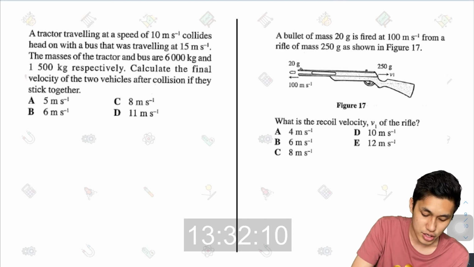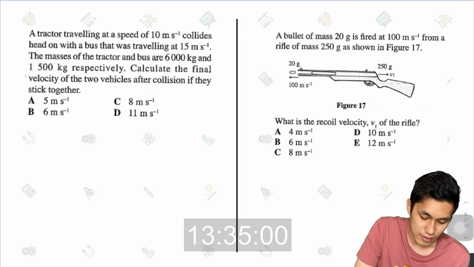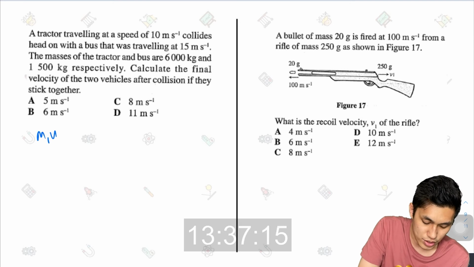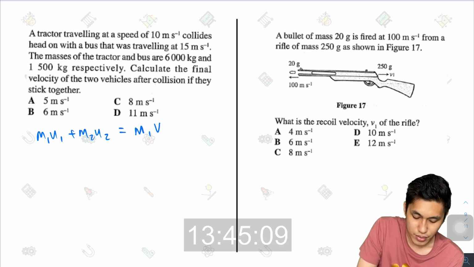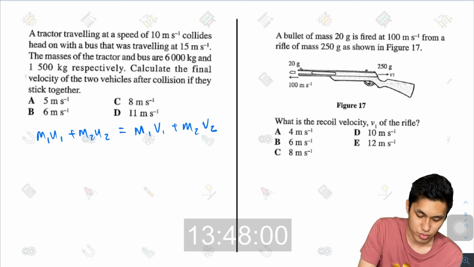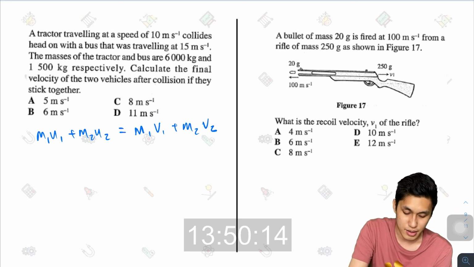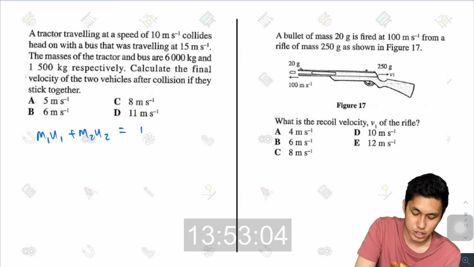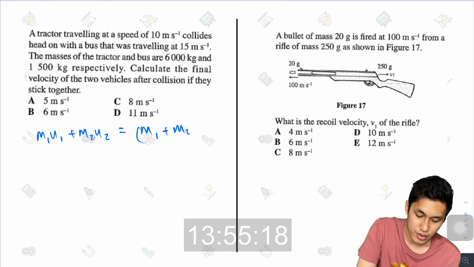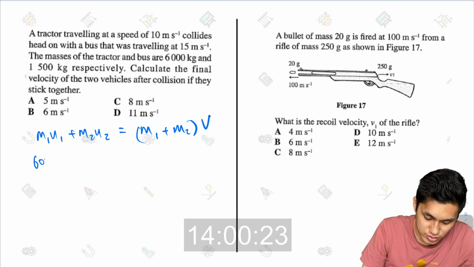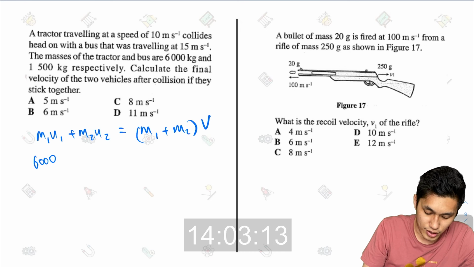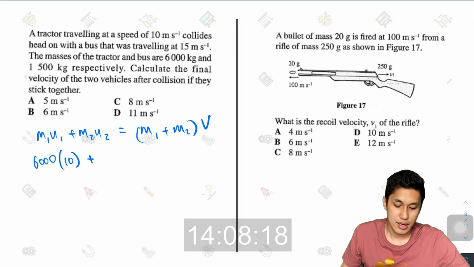So again, conservation of momentum. Let's say the tractor is number 1: m1u1 plus m2u2, where number 2 is the bus, is equal to m1v1 plus m2v2. And since both of them will stick together, they have the same velocity, I can just write it as (m1 plus m2)v. So the tractor has a mass of 6,000 and the velocity is 10, right? Plus,